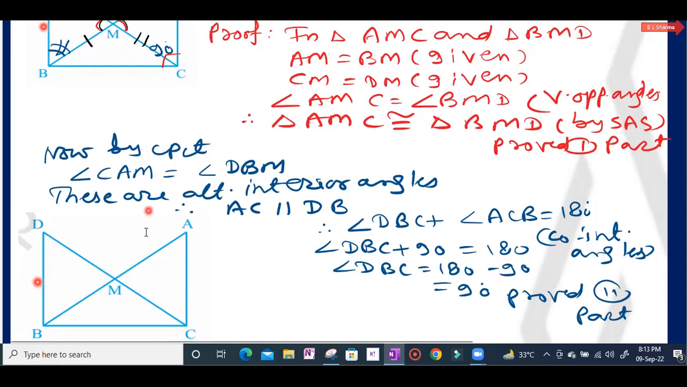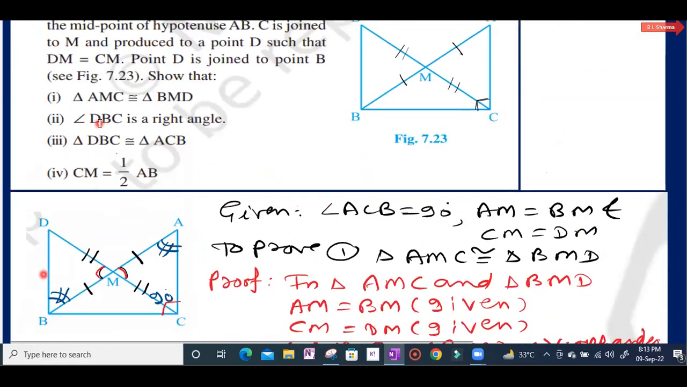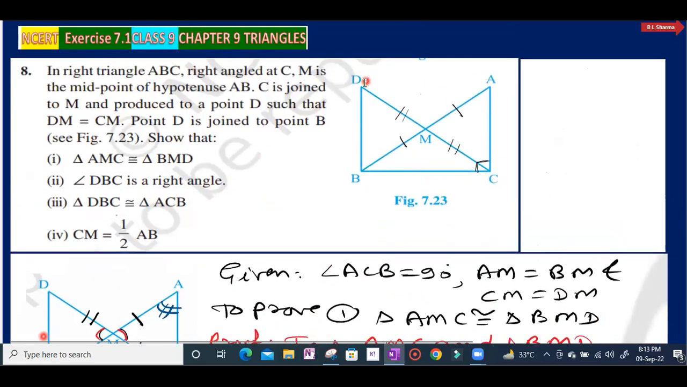ये हमने इसका सेकंड पार्ट प्रूव कर दिया है। हमें ये प्रूव करना था कि ये जो एंगल है ये 90 डिग्री है। आपको डिफरेंट डिफरेंट फिगर्स नहीं बनाने की जरूरत है। मैंने आपको एक्सप्लेन करने के लिए ये डिफरेंट डिफरेंट फिगर्स यहाँ पे कॉपी किया हुआ है। Thus we have proved the second part। What was the second part here? That DBC is equal to right angle, means this angle is 90।